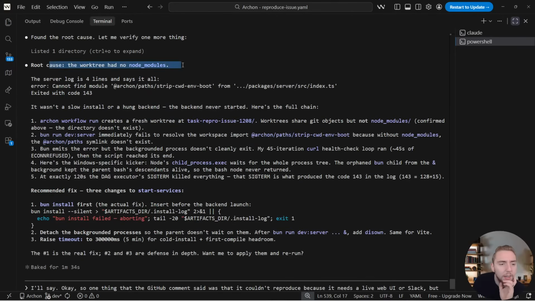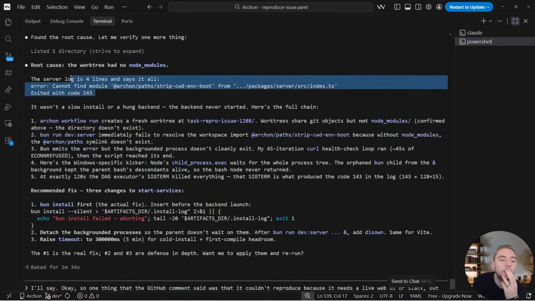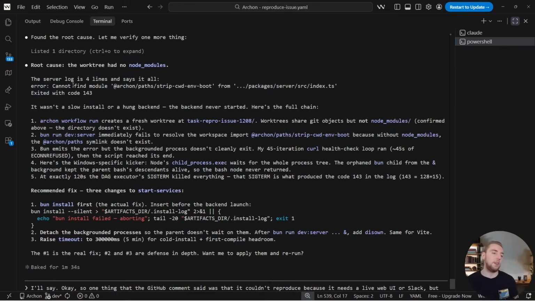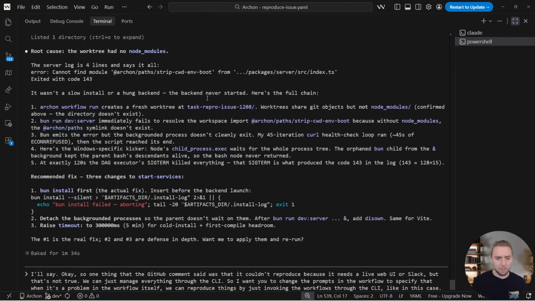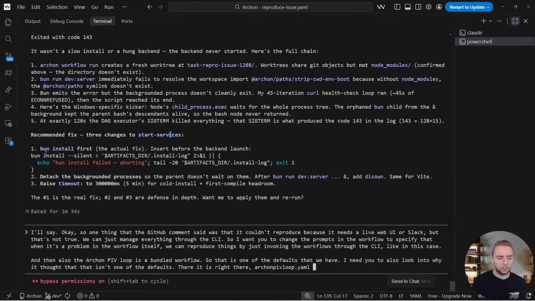Okay, so root cause: the work tree has no node modules. Oh yeah. So we actually have to install things from scratch if we're starting the front end or the back end in a work tree. Okay. Yep, makes sense. Recommended fix: 3 changes to start services. Bun install first.